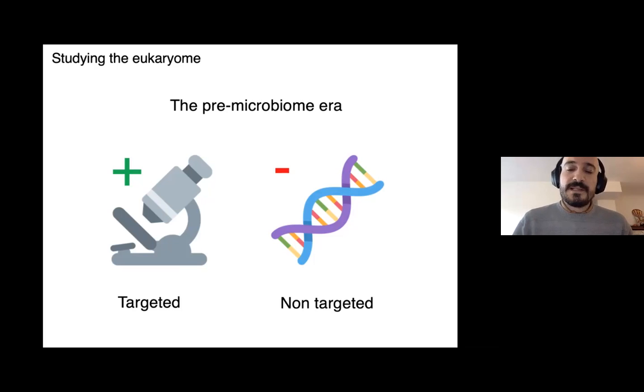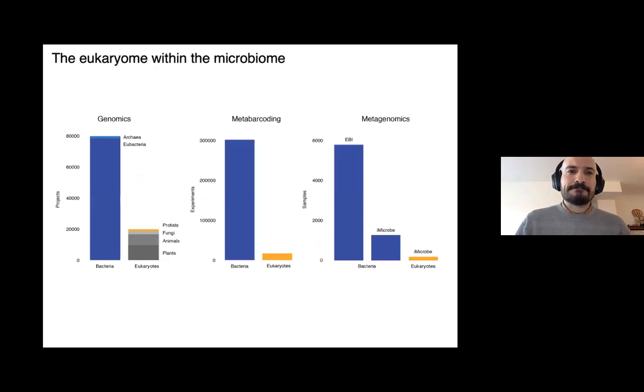So we were curious about the mutualists, but we never cared much about commensals, which are the ones that indeed dominate the communities. Then we started to use molecular methods that are not targeted, so we don't necessarily need to look for something. And then we started to observe the diversity of things that are living within animals. And we could report that most of them were indeed non-pathogenic and non-beneficial. However, the eukaryote field is still living in this pre-microbiome era.